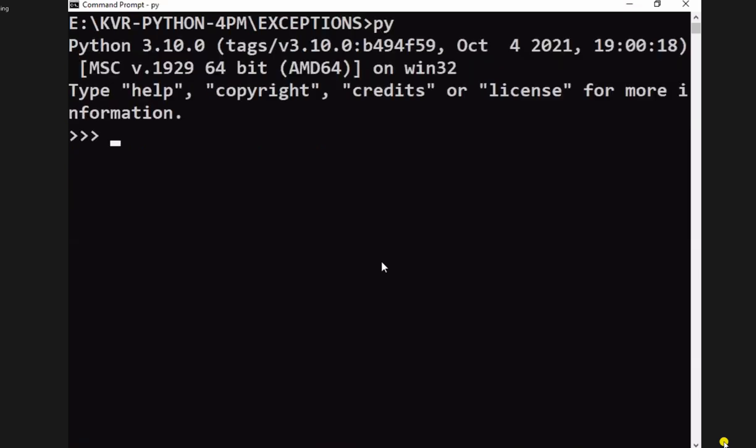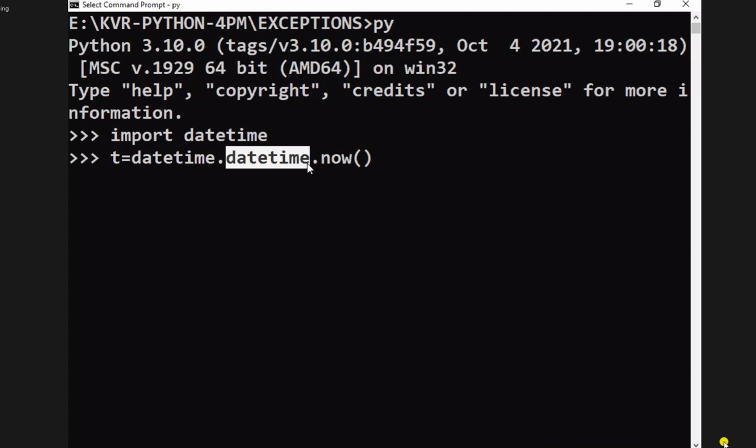Come to that. Import datetime. What is datetime? A module. t is equal to datetime dot datetime dot now. What is datetime? Module. What is the datetime? It is an attribute. Now I will explain. What is t?